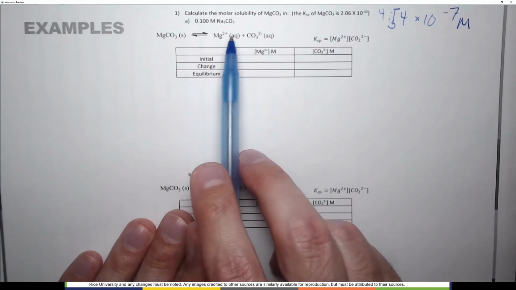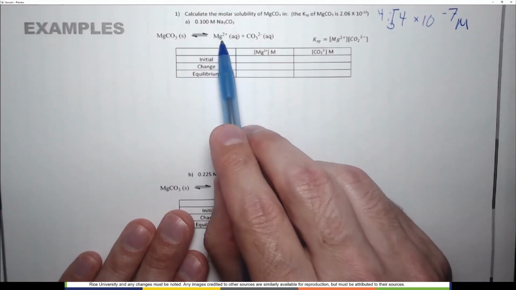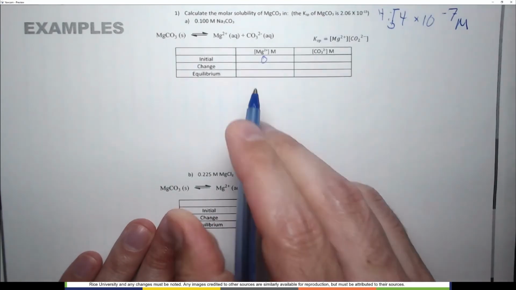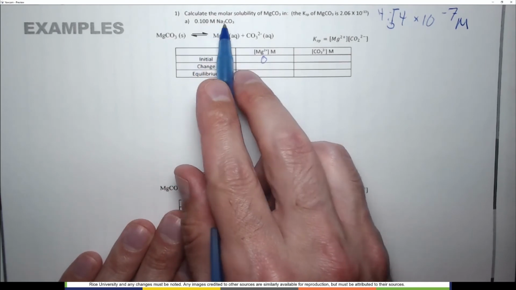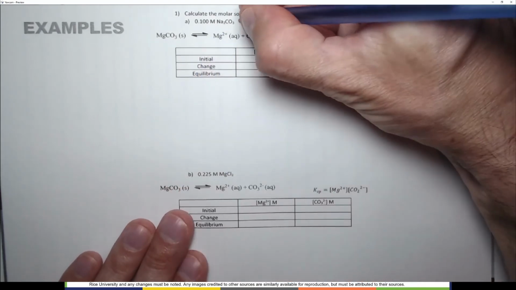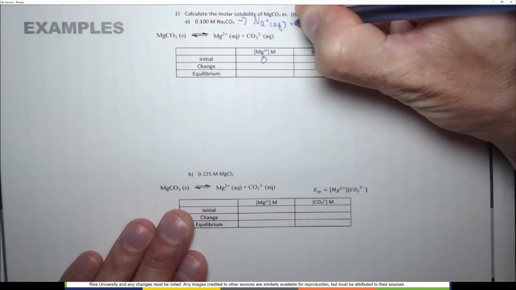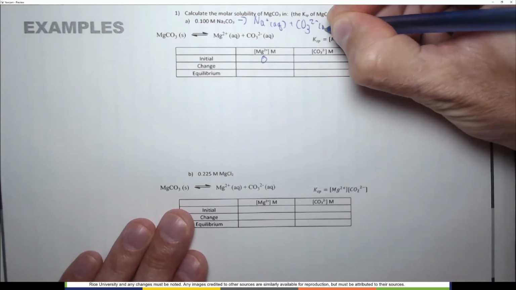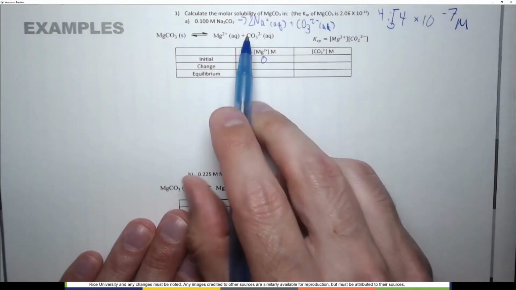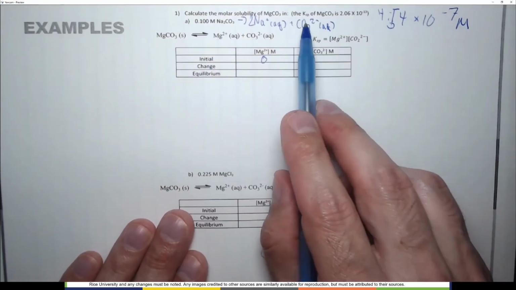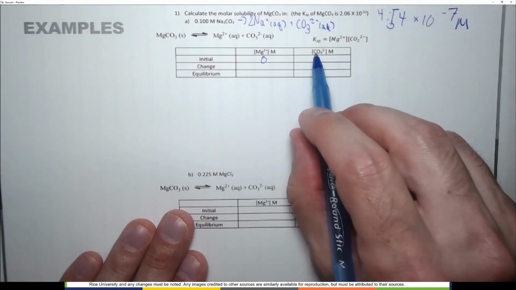Now let's look at initial, change, and equilibrium. In this case, the initial concentration of Mg2+ is 0. But the initial concentration of carbonate is not 0. It's 0.1 molar because it's going to be the same as the concentration of sodium carbonate. Sodium carbonate is soluble, so it's going to dissolve into Na+ aqueous plus CO3 2- aqueous. Said another way, and we should have a 2 here, if we have 0.1 molar of this, we have 0.1 molar of this because sodium carbonate and carbonate are 1 to 1. So the initial concentration of carbonate is not 0, it's